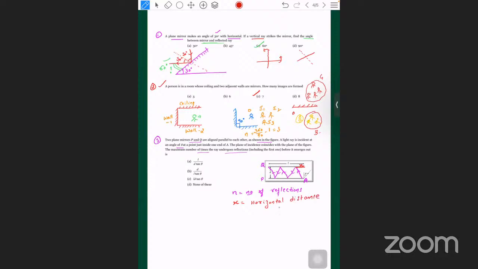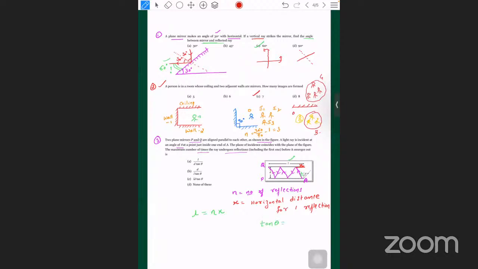Horizontal distance for one reflection. Now, how many reflections are taking place here totally? So n, sir. So L should be equal to n times x. For one reflection, the distance is x. For n number of reflections, the total distance is given as L. So L is equal to nx. If I say this is also theta, can you tell me what is tan theta from the